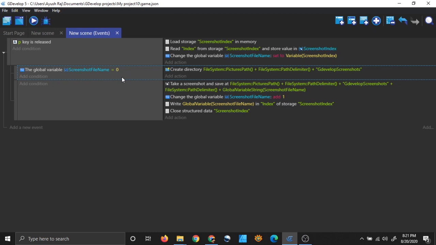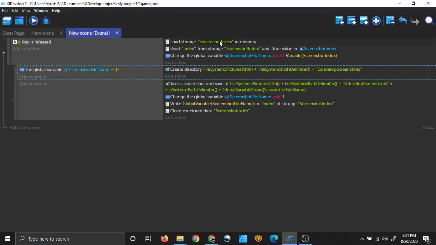Is it true? Well, it will be true the very first time in the game, right? When you have downloaded the game freshly and you run it the first time on your computer, you will not have this storage, you will not have this file in the memory because you have not saved it.